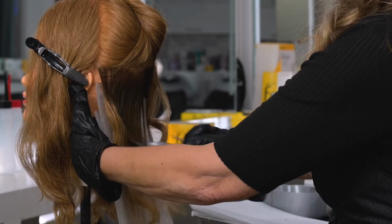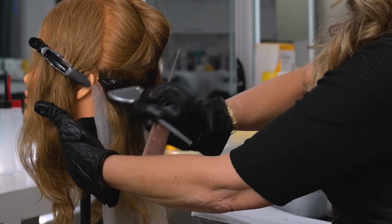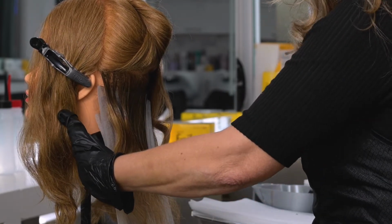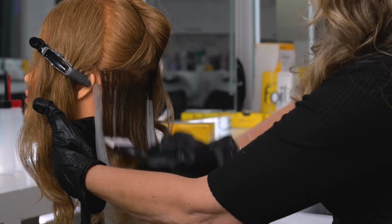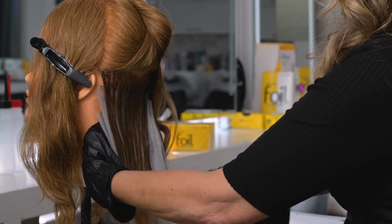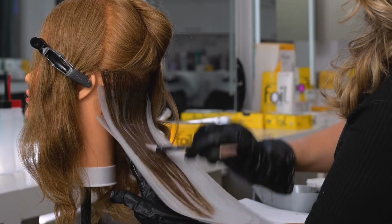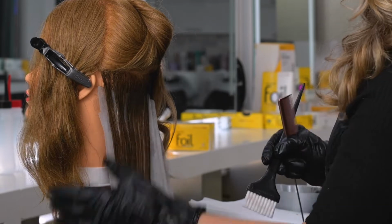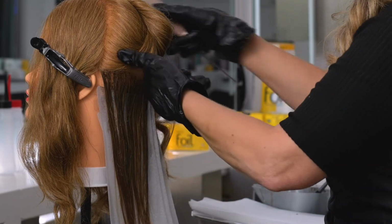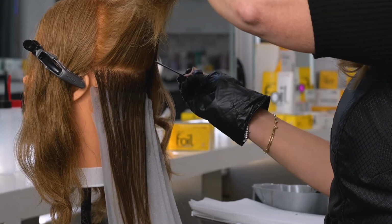This is a very modern way to bring depth back into the hair, as opposed to a low light. This is a great way to give that balayage look if you're feeling too blonde, and really just let the depth cradle the light. Coming through. So we built that pocket up in this area and the lightness is going to go around. Now for personal ease, so that I'm not going around the curve of the head, I'm going to use another sheet here and I'm going to continue